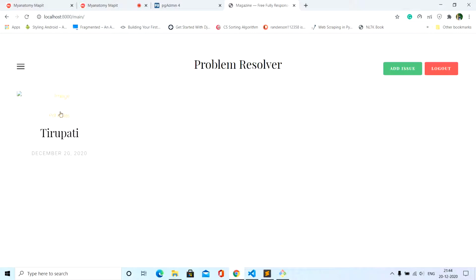I think there is an issue regarding the fetching of the image from the database, so it is showing like this.